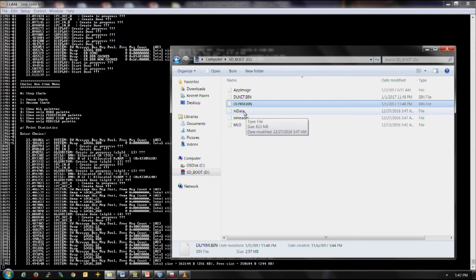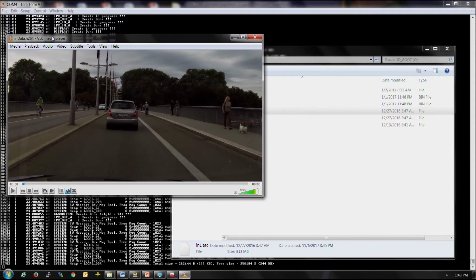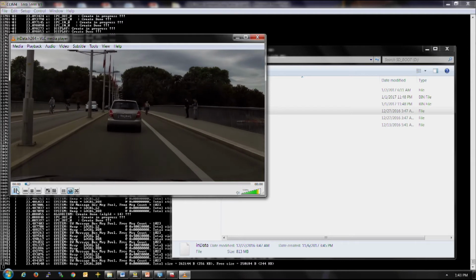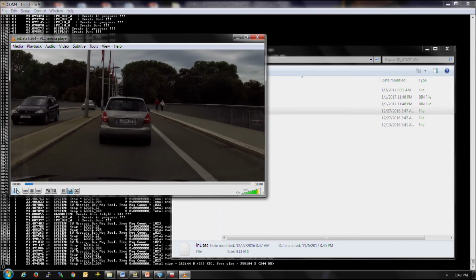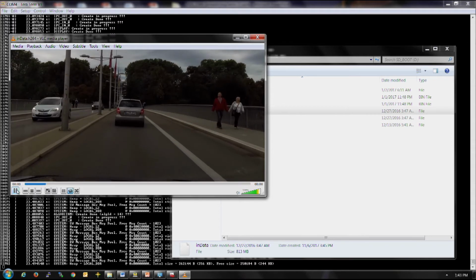And then we have the input data. The input data is present in two files. The first one is called in-data, which is the raw input video in H.264 encoded format. In-header is the index of that H.264 video. To show you what the input video looks like, I have this file opened in a VLC player on my laptop, and as you can see, this is how it looks. This is a raw video captured from a forward-looking camera on a vehicle, and this is what we will use to run our semantic segmentation network.